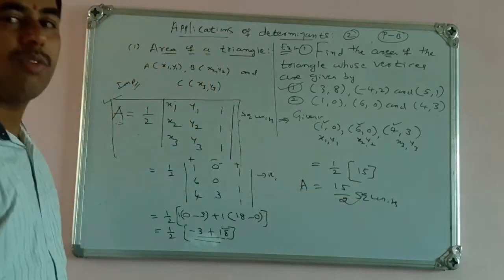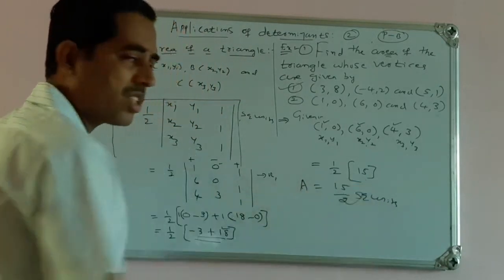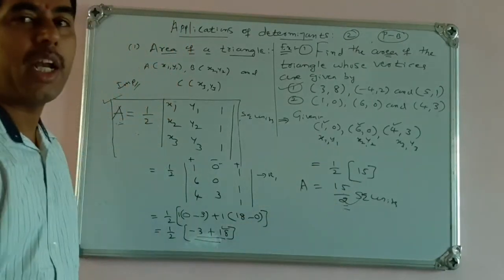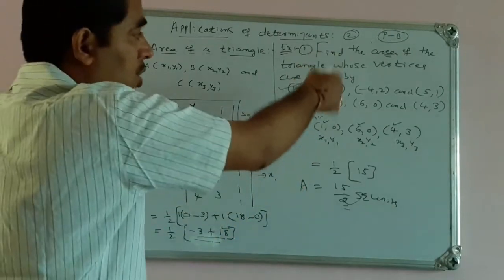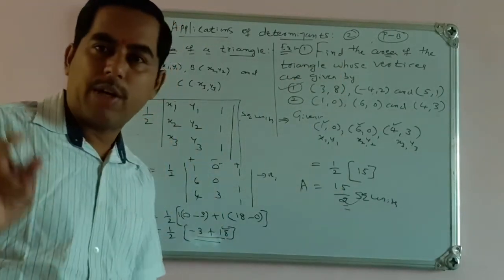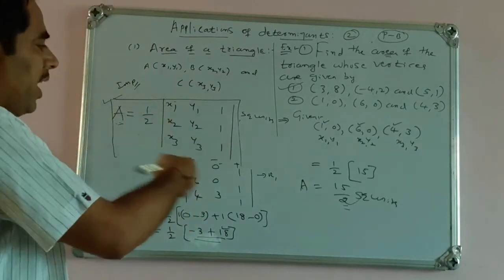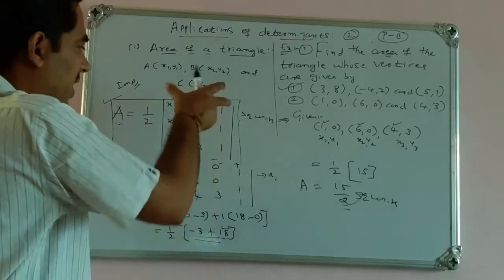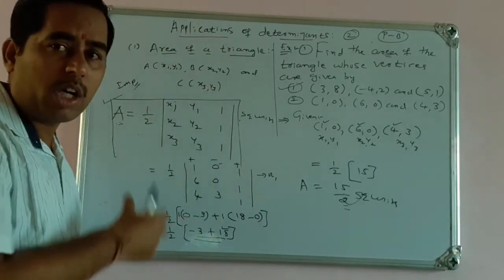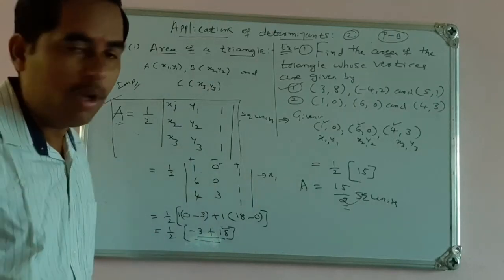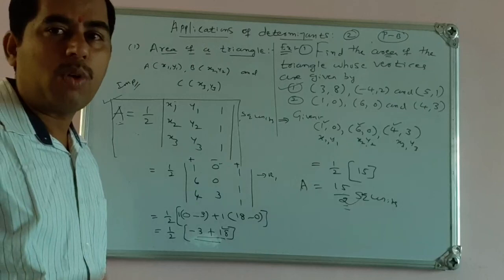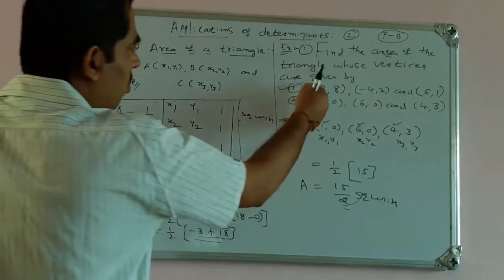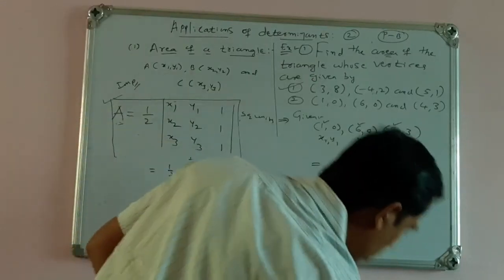So this is area of the triangle. Once again, I got positive value, no need to write mod sign. If you get negative sign, then you write the mod sign, take the positive value. 15 by 2 square units. This is the area of the triangle. Okay. So these two examples I have worked out here. We have found the area of the triangle by using the determinant form, that is half times x1, x2, x3, y1, y2, y3, 1, 1, 1. On the right hand side, it is considered as mod. Whatever value we get for the area, we take the positive value. If area is given, then we can consider both negative and positive values. Those problems we can do in our next class. So for the time being, we have found the area of the triangle. Okay.